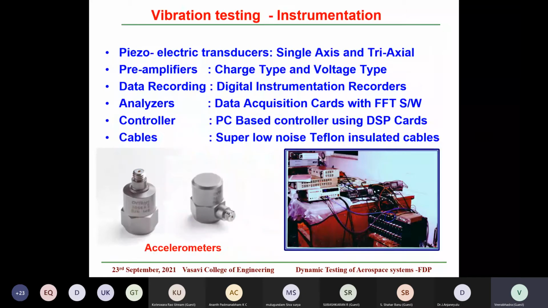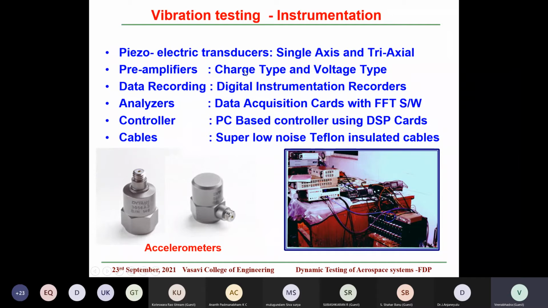Now, apart from this, we need some instrumentation systems, like accelerometers, data recorders, and cables. Initially the basic accelerometers used were piezoelectric accelerometers, and initially they were charge type. Nowadays all systems are used as voltage type, or what we call ICP type, integrated circuitry for piezoelectric type. Charge types were initially used because they were very easy to design, and initially only compression type charge accelerometers were there. Nowadays shear type charge accelerometers converted into voltage type are predominantly used.